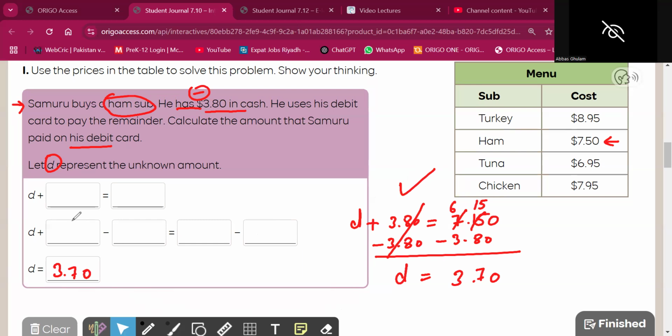If you want to use this way, you can also use the other way. If we do the plus, 3.80 plus D equals the total amount for the ham sub, 7.50. What is the opposite of plus? Minus. 3.80 cross out inverse. What is left here? D. If I subtract this amount from this amount, it will give you 3.70. So this is all for today, how we can write equations from a word problem,